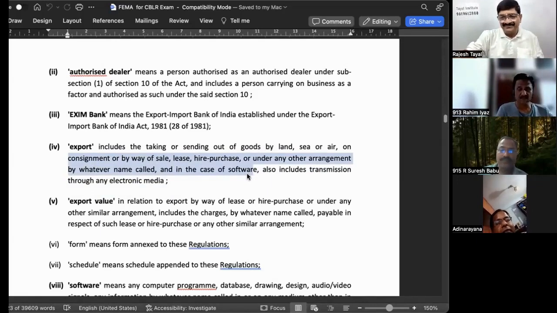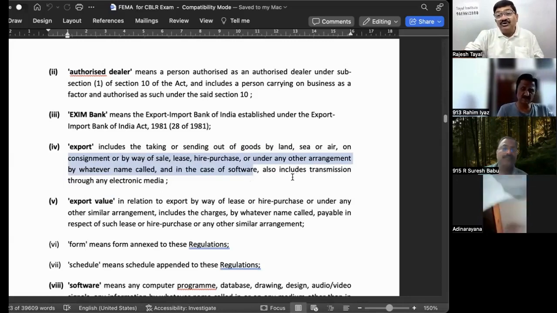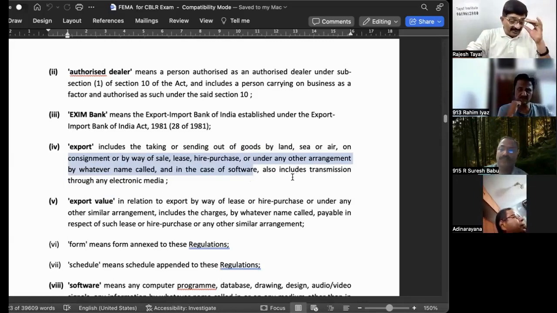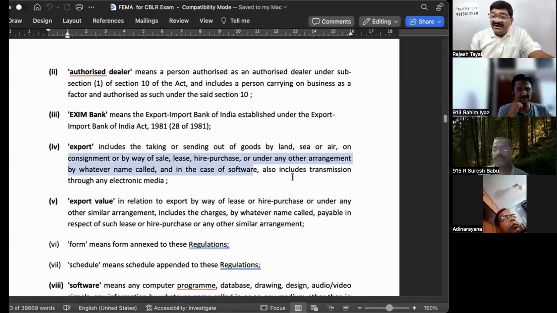But at the same time, we also have to understand that every time goods are being sent or services are being provided, money is not likely to be received. Say, for example, if some Indian company wants to have a project outside India, and for that, instead of sending the money, they are sending the goods from India. Are they going to realize money for that? Certainly not. That is going as an investment. But is it an export? Yes, it is an export, because the goods are going out of the country.